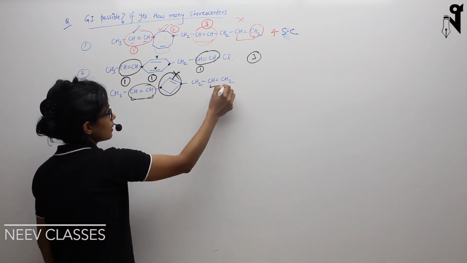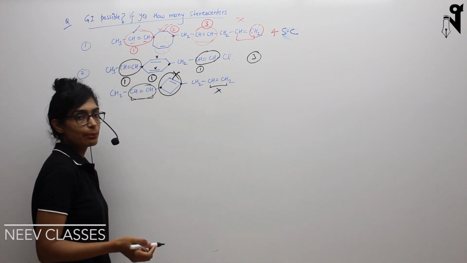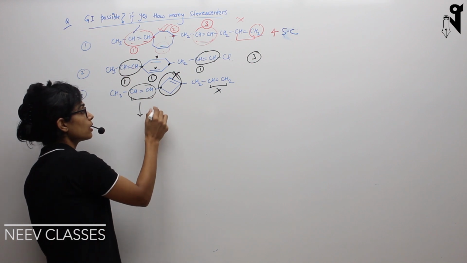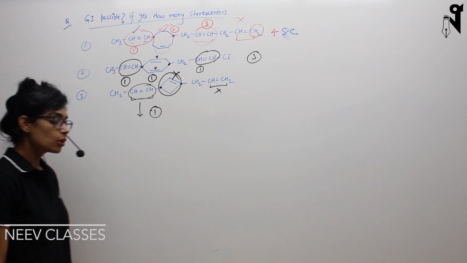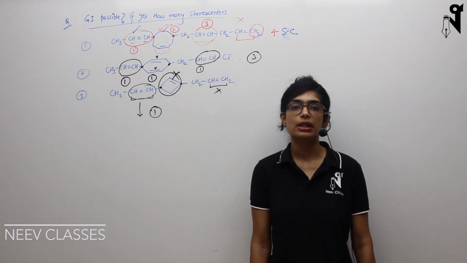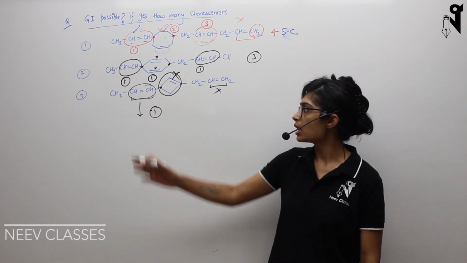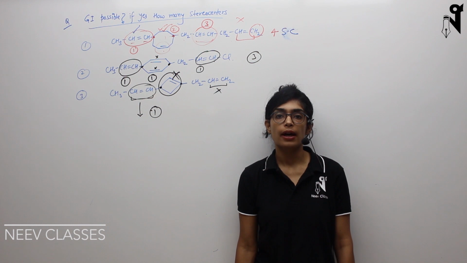The next is, will this show GI? No. Why? Because this carbon has 2 same groups attached. So only 1 stereo center in this chain. This is how they ask you questions in competitive exams also. They'll give you chains and ask how many stereo centers are present in this carbon chain. So you just have to see which parts of your chain are causing stereoisomerism, and that will be considered